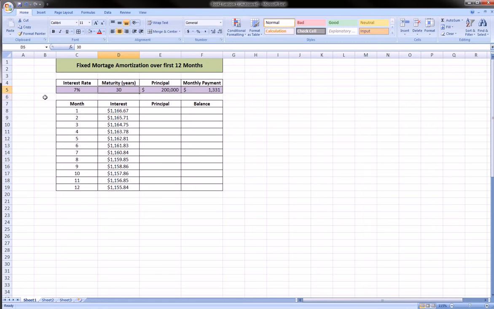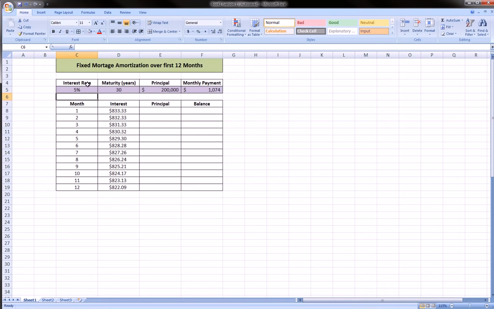Once you build this table, you can play with the interest rate, play with the maturity, play with the principal, and everything will update. That's the real power of all this, as opposed to doing it by hand. Let's go back to our 5-year, 5%, 30-year,